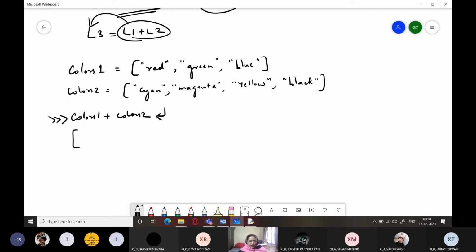I will get a concatenation, a join of the two lists where all elements of colors1 will appear first and then colors2. So the result will be this.